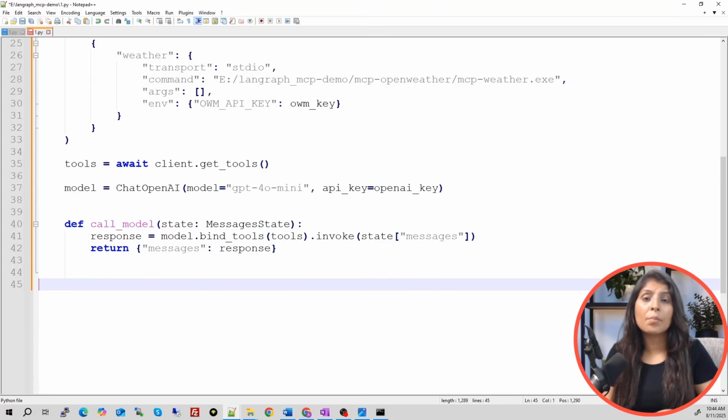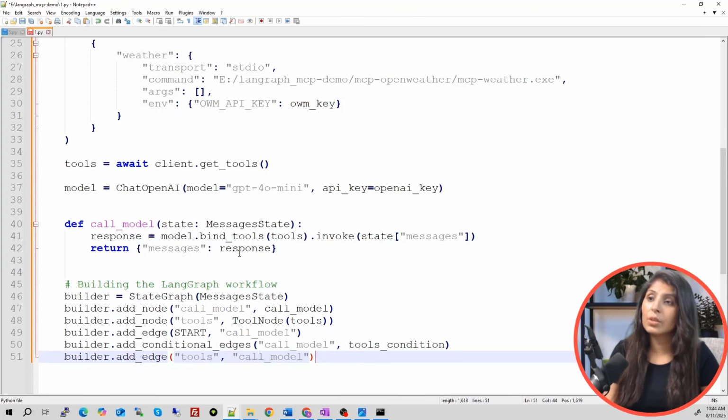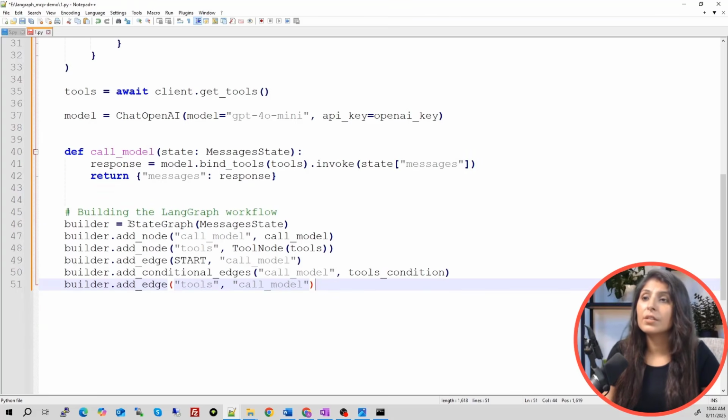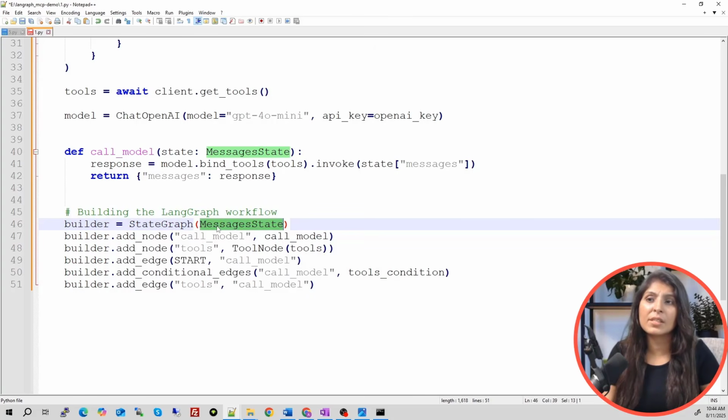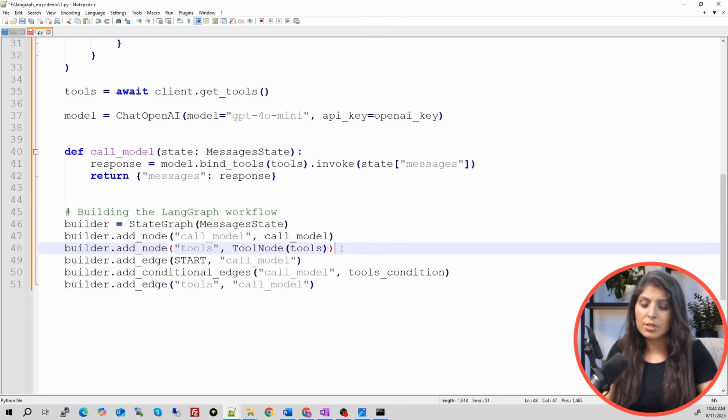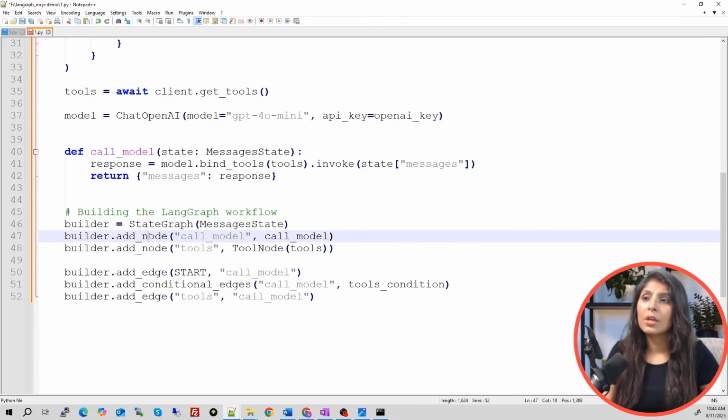Next part is to build the graph. So guys, in LangGraph, we build graphs, right? We use different nodes and then we connect the nodes. So that's what I'm doing now. See here. First, we are calling the state graph in the builder variable, and this message state means all the messages we want to store, right? And now builder dot add node. See here, we are adding two nodes. Add node will add a node.